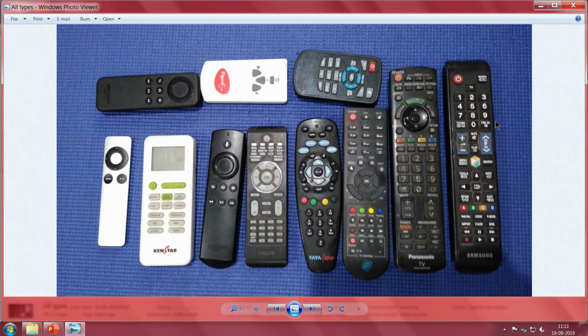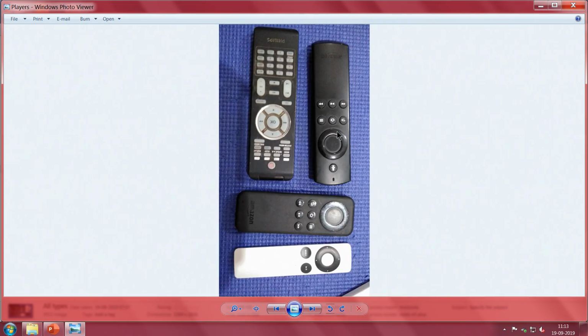Vaguely I can make out this is probably from an air conditioner, and this is some fan or something, and then we have various other things here. What you notice in some of them is most of them once again have some sort of a display, then you have keys, and you have this, and then what about this, and what are all these things? Maybe the next picture will clarify a little.